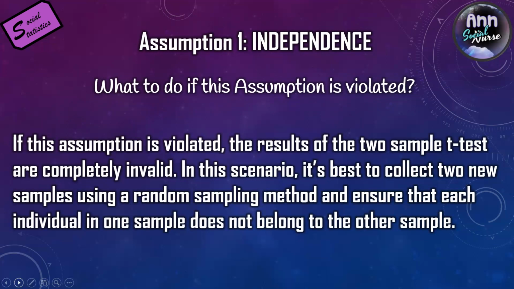In this scenario, it's best to collect 2 new samples using a random sampling method and ensure that each individual in one sample does not belong to the other sample. As you can see, this is not good, right? Because it takes time and, of course, budget, especially if your sample is 300 and you are going to repeat